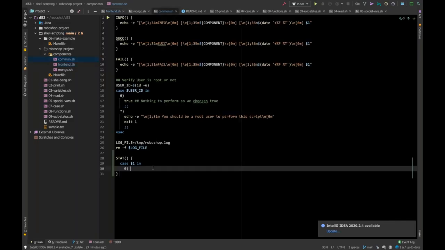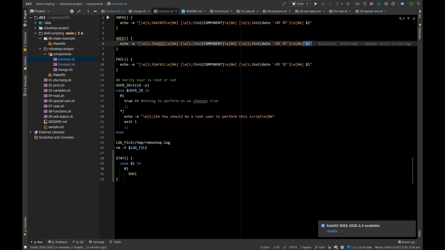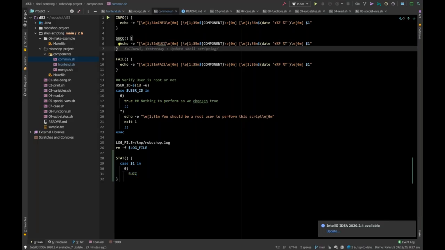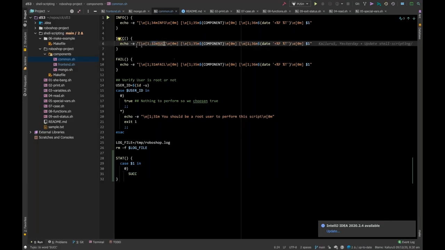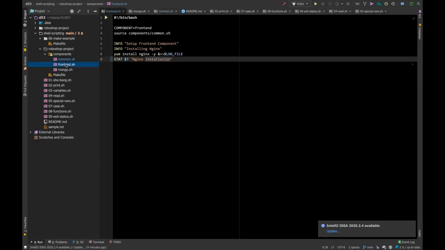So I want to print a success message if it is equal to 0, and here it is a component. Not the component, sorry, here you have to send a first argument. The success message is going to print in green color, right? So success, like info, however you are doing it. What is the first argument you are going to pass? It's going to be $1 to this, sorry, $2 to this, because $1 is the exit status. So now if you refer to this particular one,